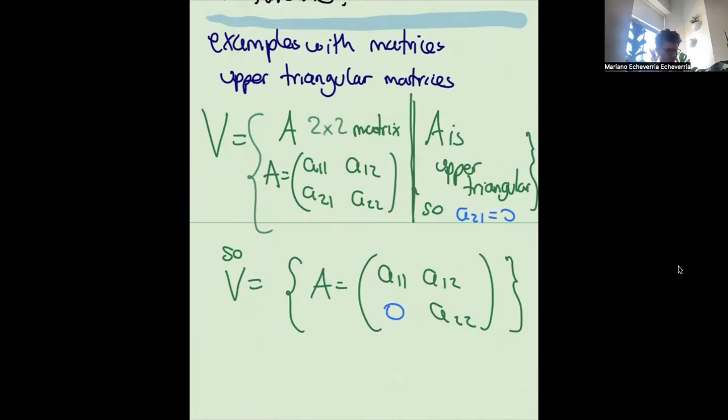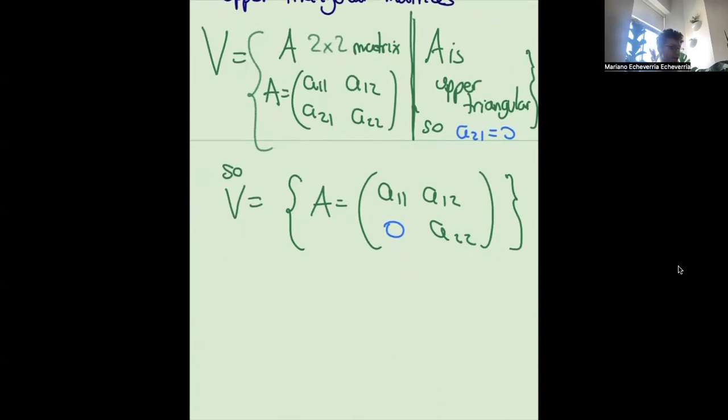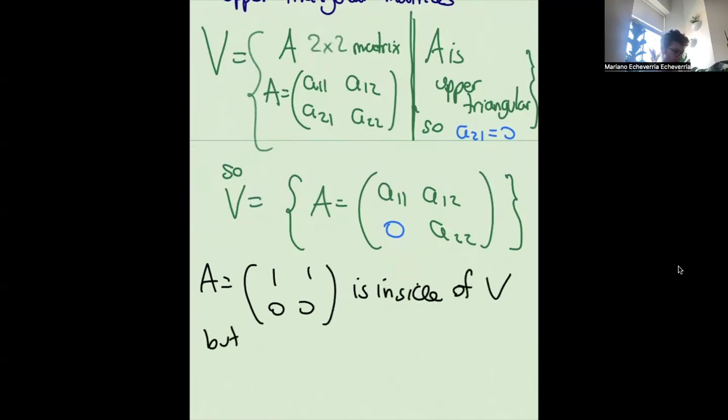Okay. So to belong in this set, you have to be a matrix whose third entry is zero. For example, A, which is 1, 1, 0, 0, is inside of B, right? But A being 1, 1, 0, 0 is not in B,